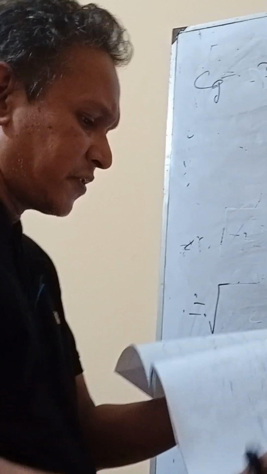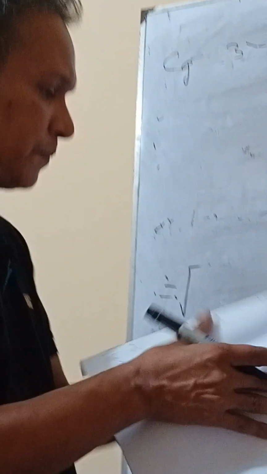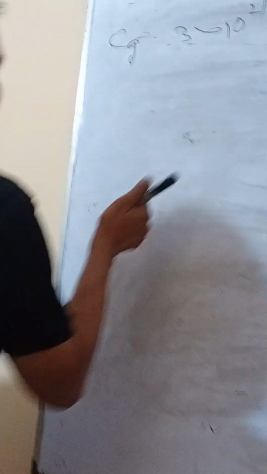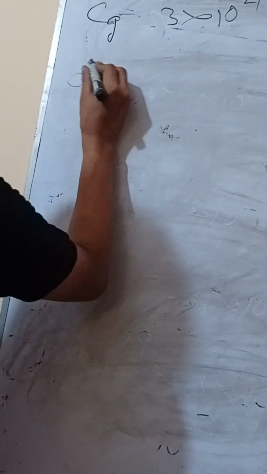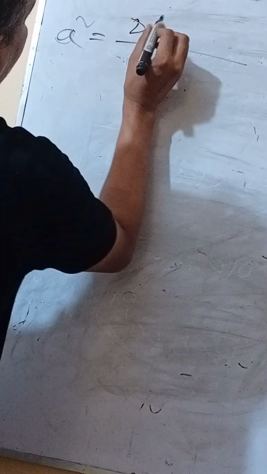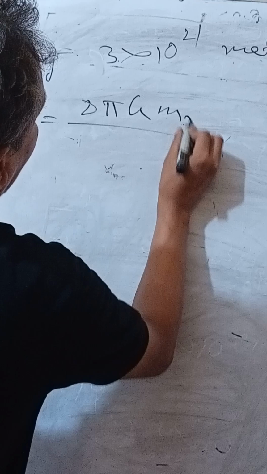This calculation is right, and then now we have to discuss Friedman equation. Famous scientist Friedman calculated an equation. What is this? S square is equal to 8 pi G M R